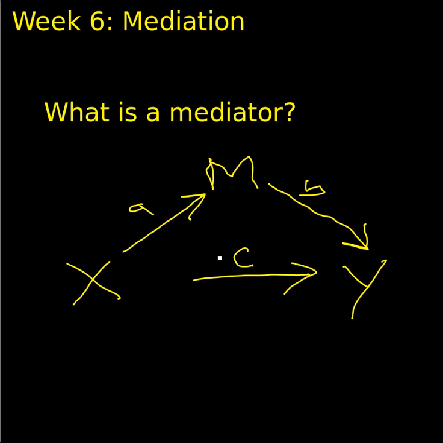Now, what's pure mediation? Pure mediation is when we have eliminated C altogether. And what we have is a pathway that must go through M. So the mediator is a go-between. It's a go-between causally between an antecedent and a consequence, and as we talked about before, a predictor and an outcome or criterion, and this mediator's role is one of both prediction, so we would use M to predict